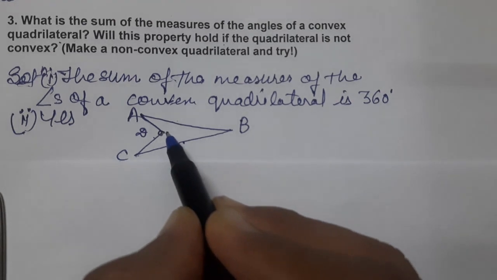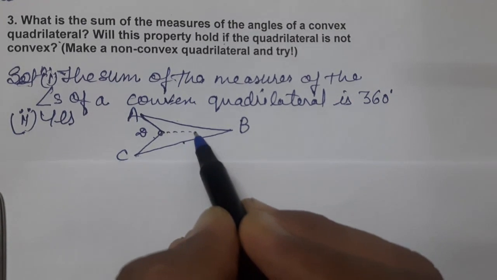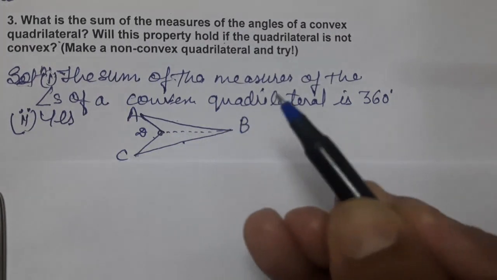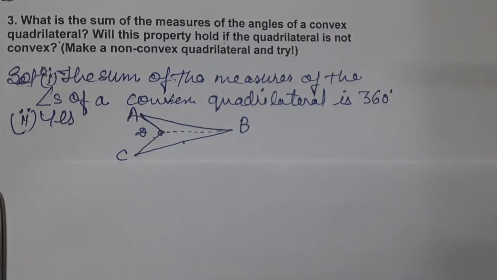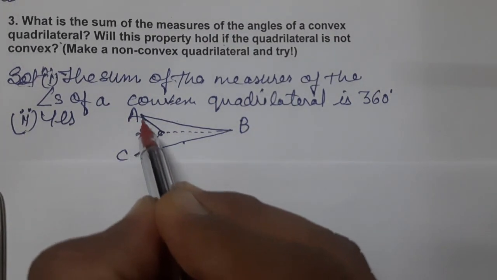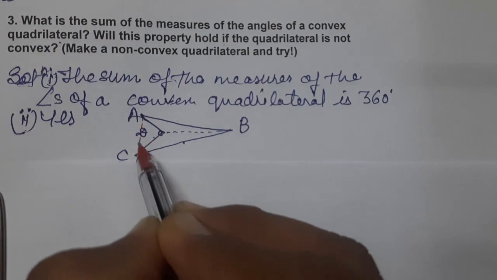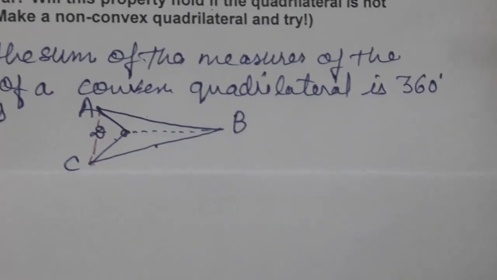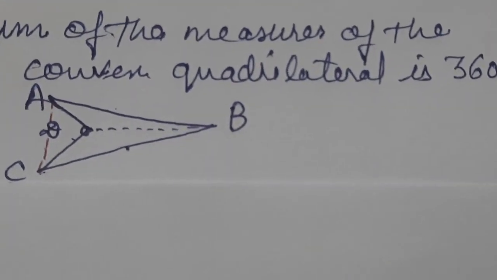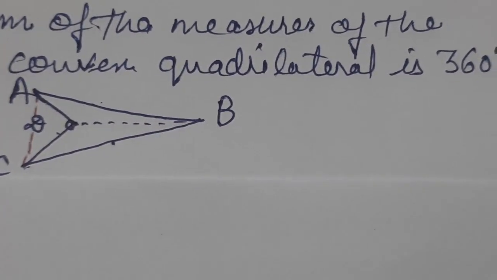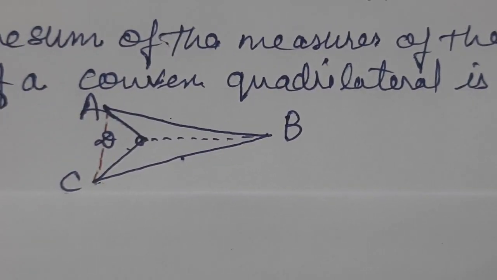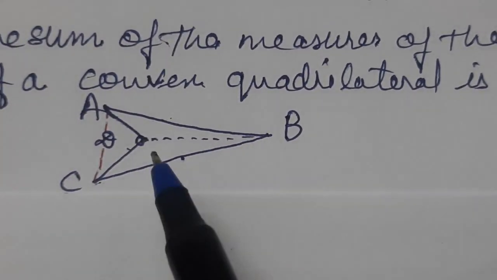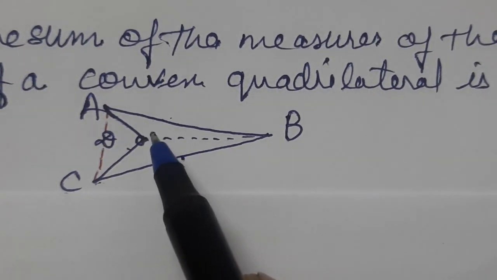So, we are joining the diagonals. This is the inside diagonal. This one diagonal is outside. There are 2 diagonals. One is outside, one is inside. See? May I zoom in so that it will be clear to you. So see now, this diagonal is inside. And we need to find the sum of the inside one also.